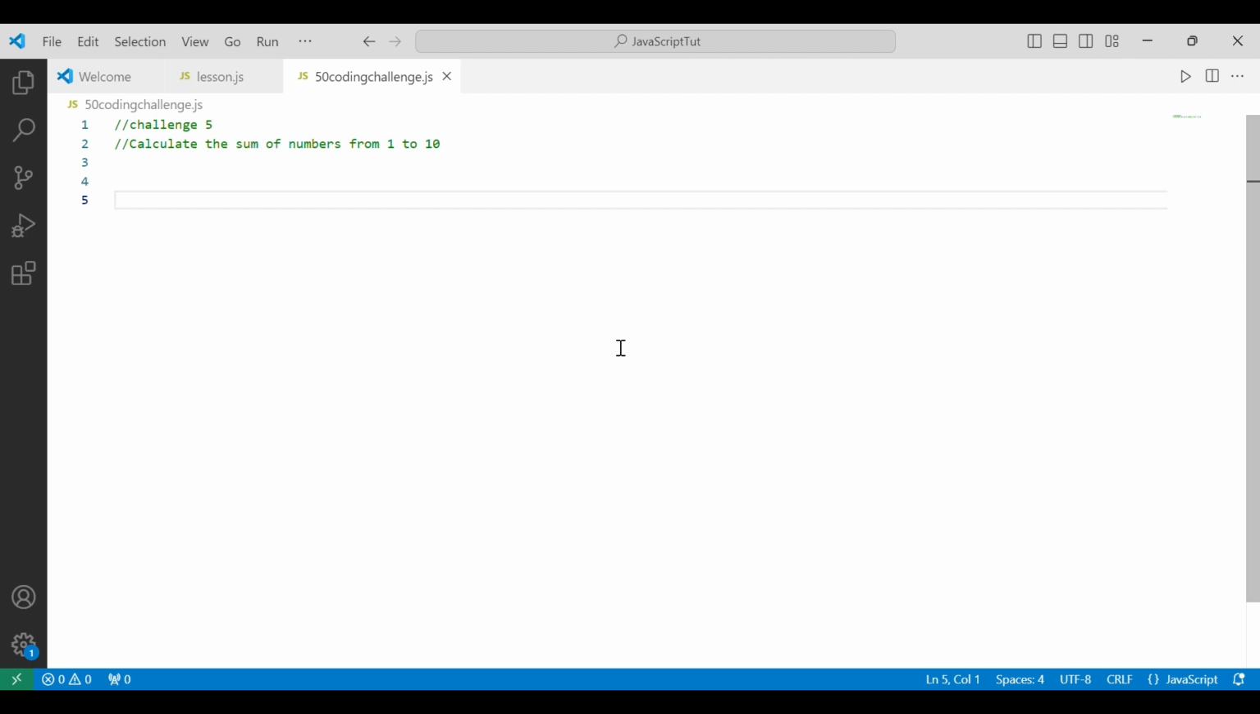Today we are on challenge 5. Calculate the sum of numbers from 1 to 10. This seems easier than the previous one. Okay, so